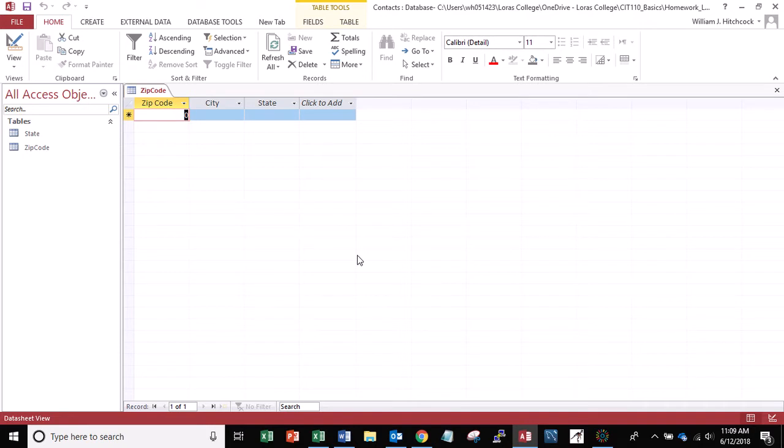The zip code is 52001. The city is Dubuque. And the state will be IA. And that seems to work just fine. All right, my next zip code, we'll make it 04330, which is